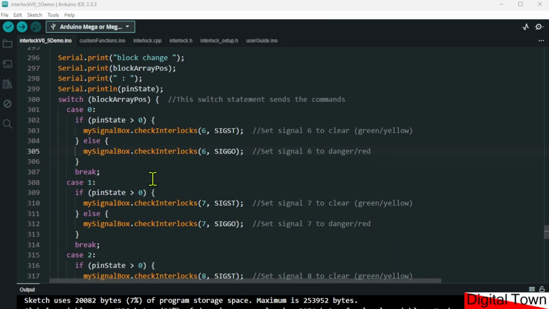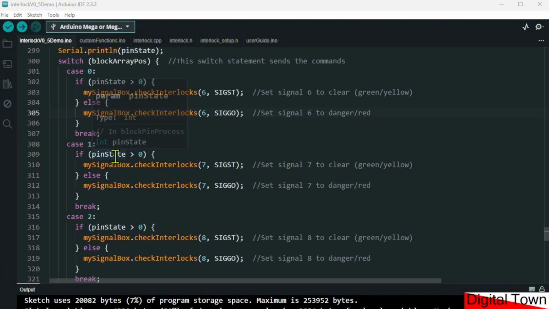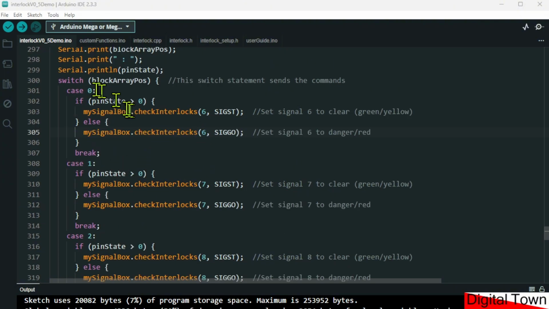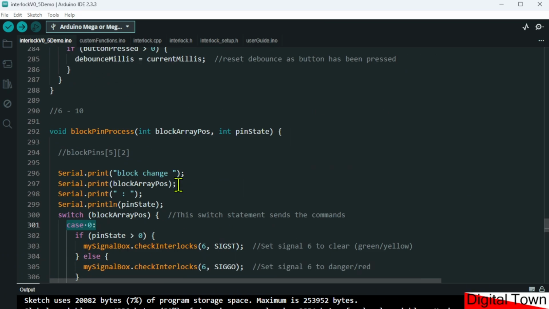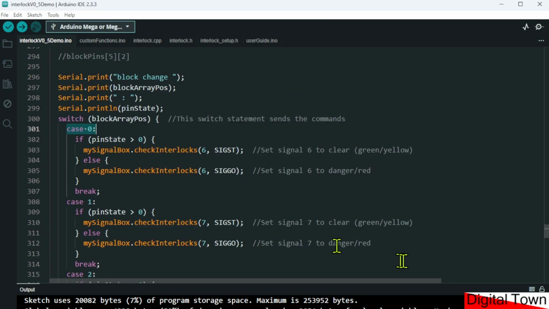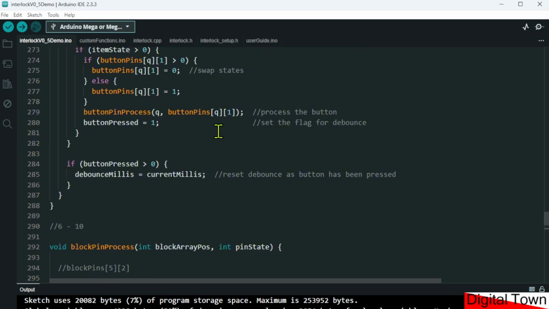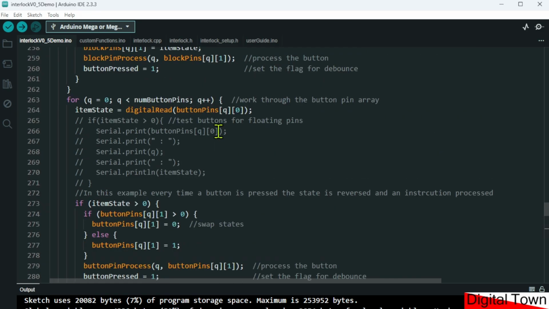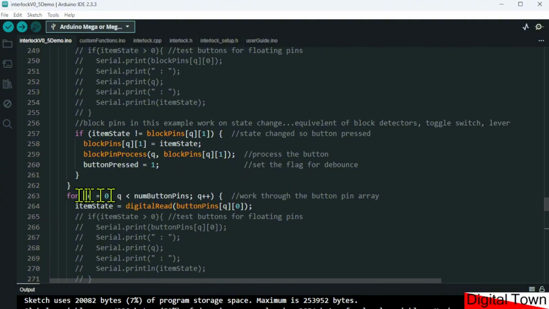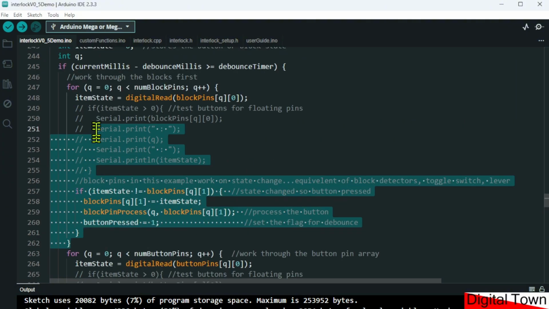So I'm just working then down through all the other items. Obviously, this is the position in the array. If you want more details on this, I can do some other videos later on, but this video is already getting quite long enough. The other item that I'm then checking is once I've done my blocks, which is this bit of code here,